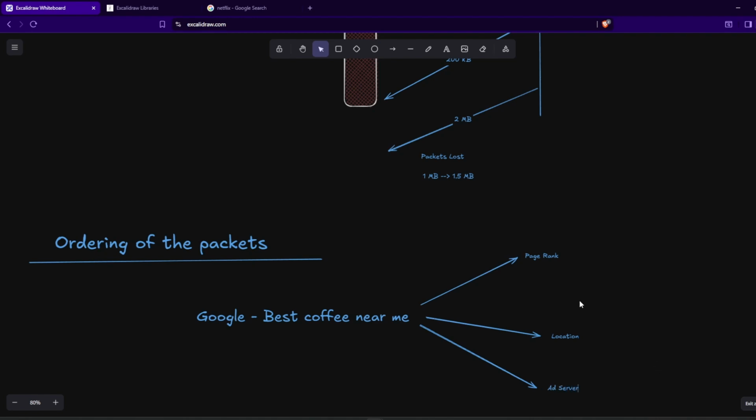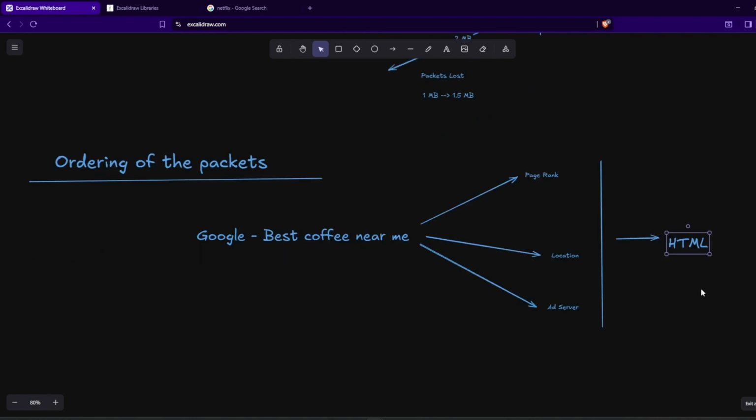It will run its data through, and after all of these things, there will be an HTML page that will be generated over there. Okay, so now when this HTML is sent back to the browser, the network between Google's data center and